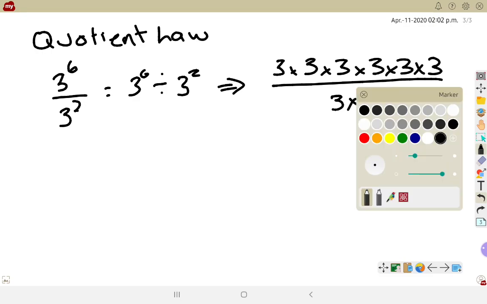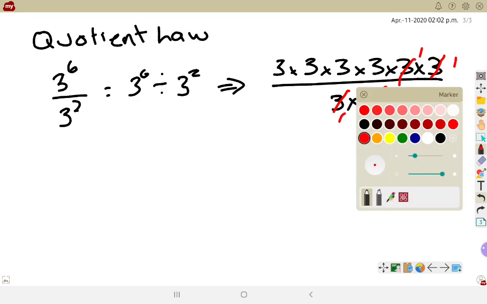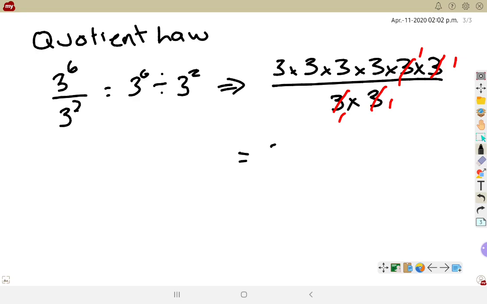Okay, well, I'm going to put this into lowest terms, and I'm going to put it into lowest terms by removing a common factor from numerator and denominator. So they both have a common factor of 3. So I'm going to cancel out that factor of 3, and they become 1s. And then I can do it again. I still have another common factor of 3 between numerator and denominator. Now the denominator is only 1s, so I'm left with 3 times 3 times 3, which is 3 with an exponent